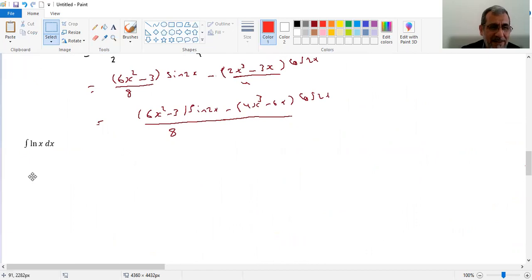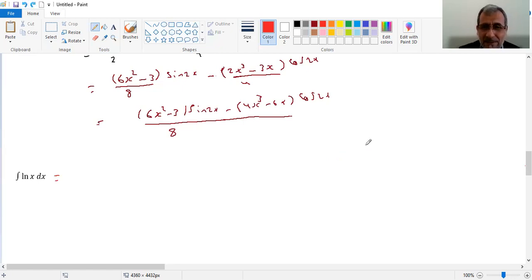Okay. Now, another one. The integral of ln x. How to integrate ln x? We know the derivative of ln x is 1 over x. But what is the integral? So you have to use udv here. How to use the udv? See,